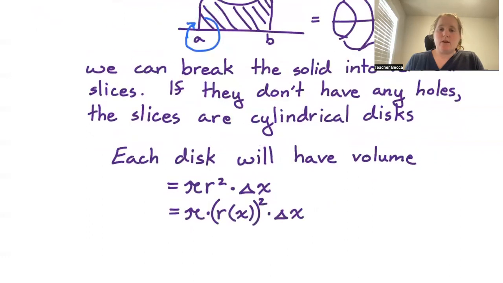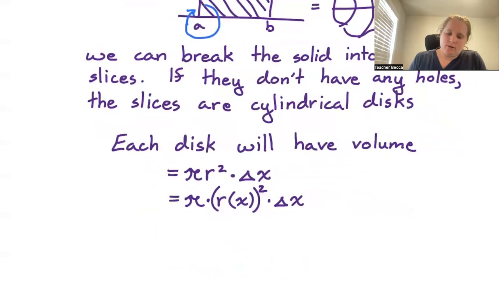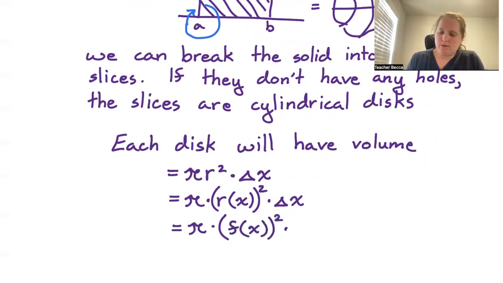In this case, our radius is just the function value. So in this case, it would just be pi times f of x squared times delta x. As we let that delta x go to 0,